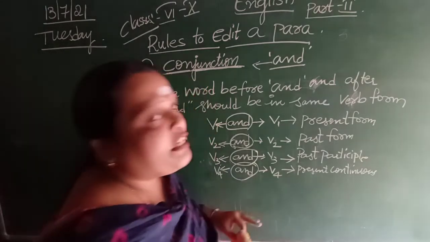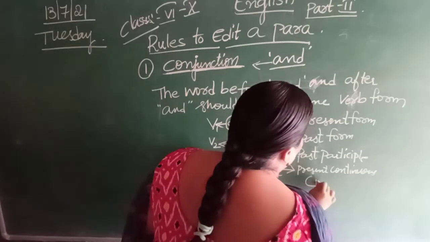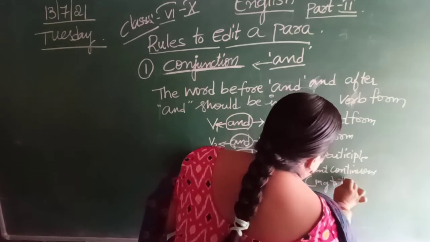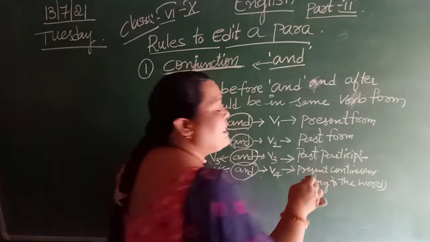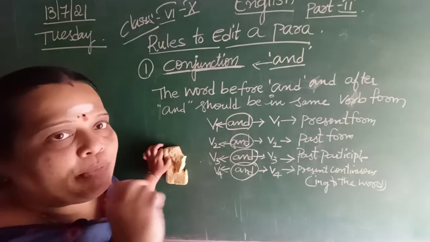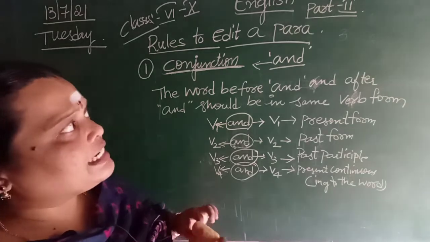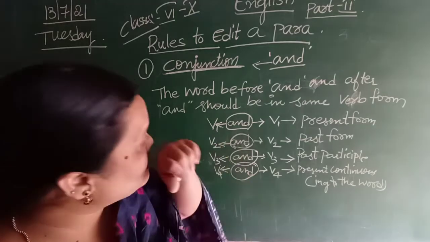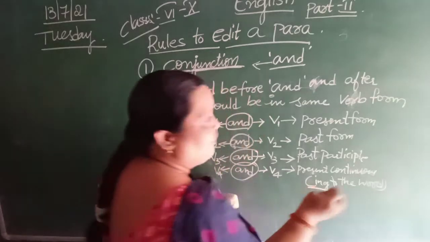Simply, if you get a doubt about present continuous, a simple way to remember is adding ing to the word. For example, sing. She started to sing, that already happened in the past tense. She is singing, it is continuous. She started before, and that action is present also and still continuing. So that is adding ing.